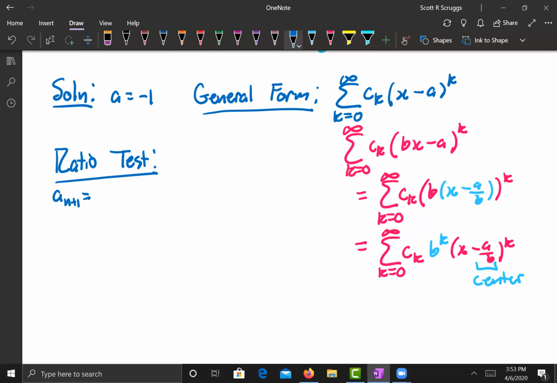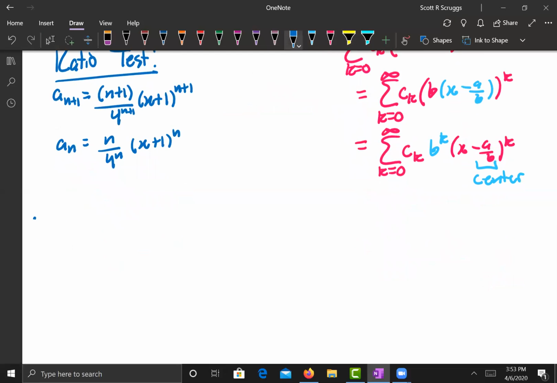So let's follow our good practice. Let's write down what my sequence looks like. When I plug in the next term over, let's go ahead and put in, oh, I forgot that n over there with the 4. I can't read today. So 4 to the nth, times (x plus 1) to the nth power. And so the ratio test tells me I'm going to take the limit as n goes to infinity of the ratio a of n plus 1 over a of n,